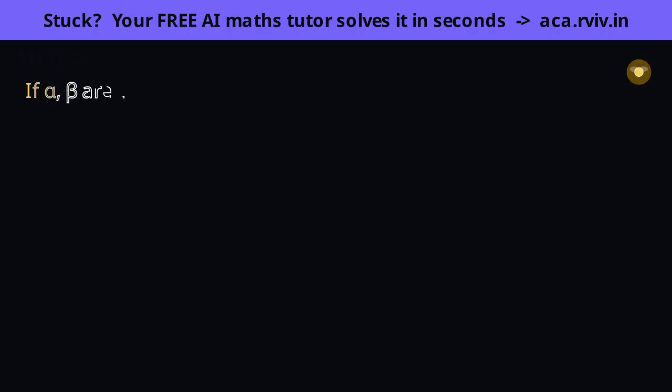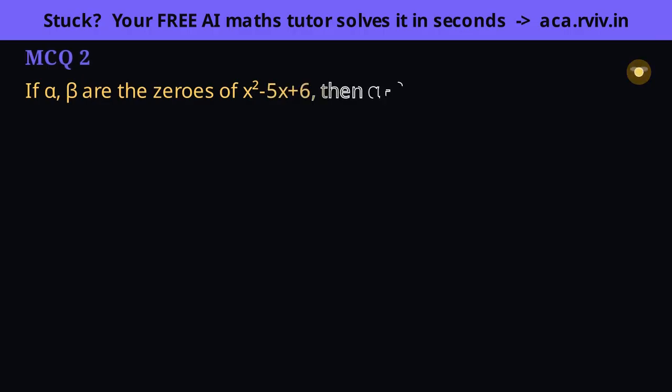Question 2. Alpha and beta are the zeros of x squared minus 5x plus 6, and we want their sum. Consider the 4 options. We don't even need to find the zeros, the sum relation gives it instantly. Sum equals minus b over a. Here a is 1 and b is minus 5, so it's minus of minus 5, which is plus 5. Option A, watch the trap. Option B, minus 5, is exactly what you'd get if you forgot the leading minus sign in the formula, the single most common slip here.